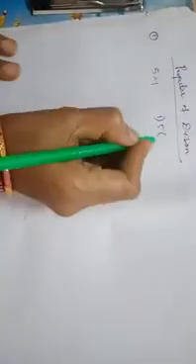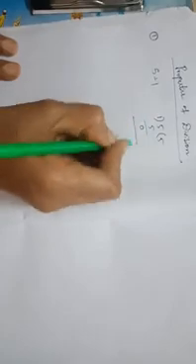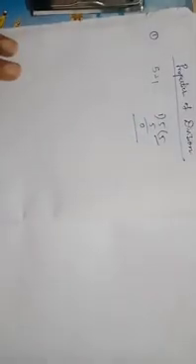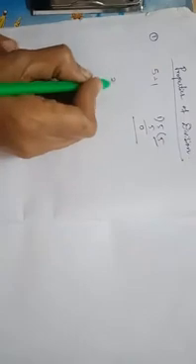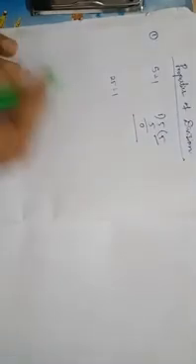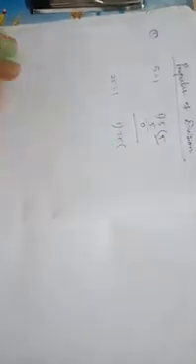Children, before teaching properties, let us solve a few examples. Let me take one example. 5 divided by 1. So what will we get as the answer? How do we do the division? 1 divided by 5, right? What is the quotient? 5. Isn't it? Next, in the same way, 25 divided by 1 means 125.